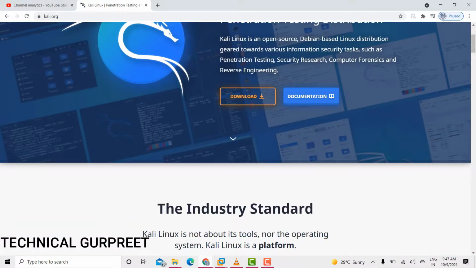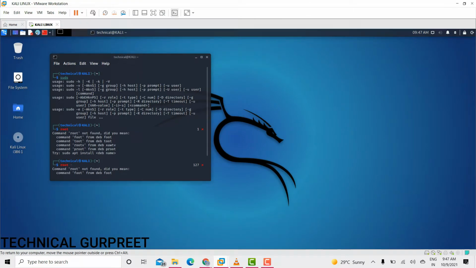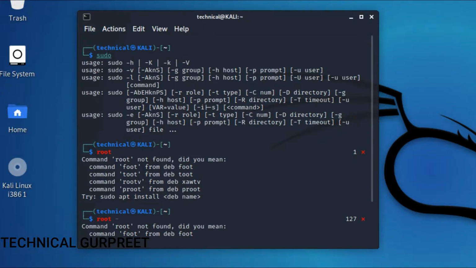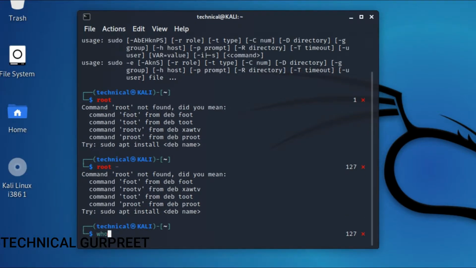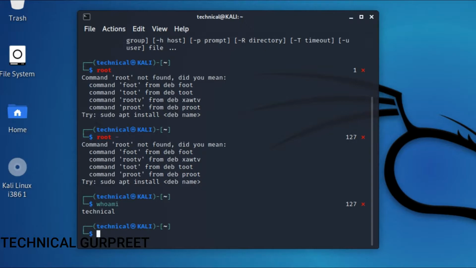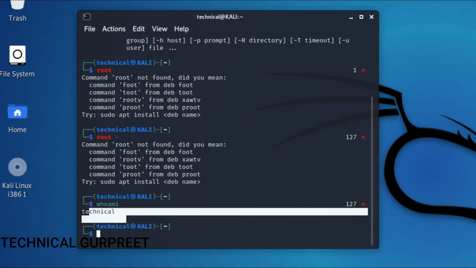आज की हम वीडियो में बात करेंगे कि काली लिनक्स में जो यूज़र है उसको कैसे चेंज किया जाए। जैसे हमने काली लिनक्स इंस्टॉल किया है, तो मैं आपको बताता हूँ। ये हमारे सामने जो स्क्रीन आ रही है काली लिनक्स का, ये हमारा जो यूज़र नेम है। तो अभी ये प्रॉपर नहीं है, वो whoami, तो ये बता रहा था टेक्निकल, बट हमने जो काम करना है वो रूट यूज़र में है।